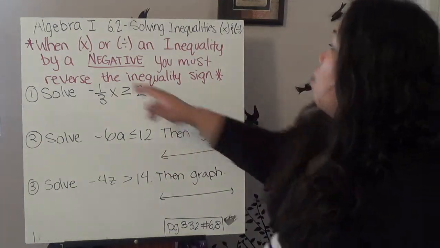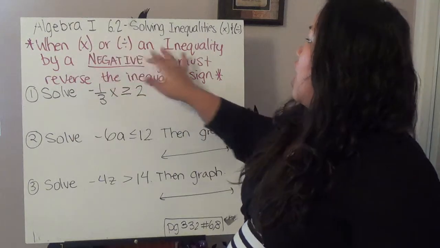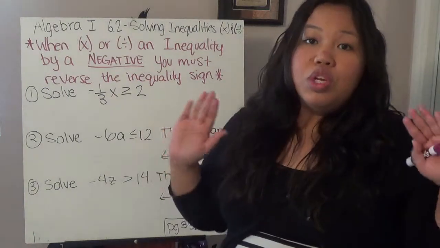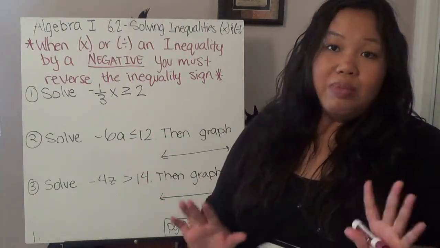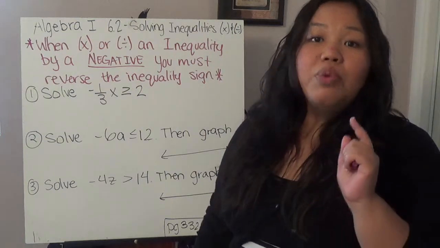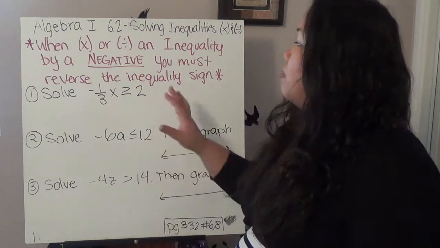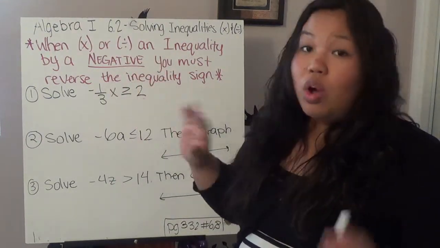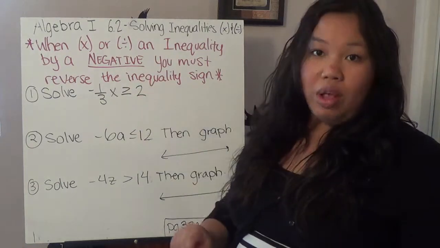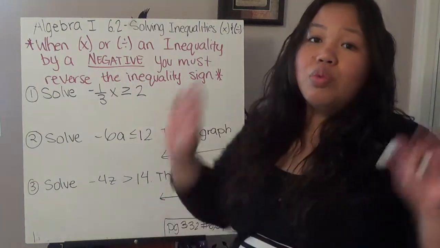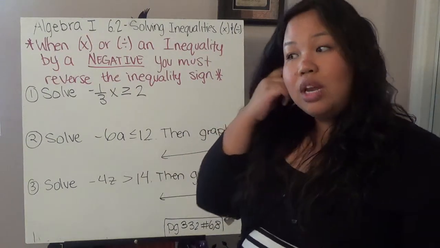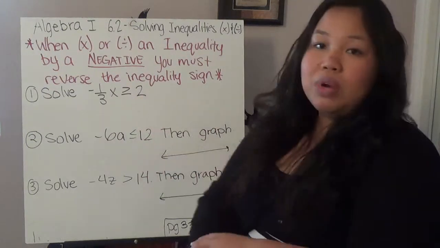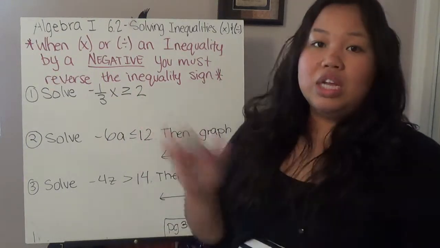It says here, when multiplying or dividing an inequality by a negative, you must reverse the inequality sign. So you can treat the inequality just like an equal sign. It doesn't matter. All the rules apply. The only time you have to worry about the inequality is when you multiply or divide by a negative number. When you do that, the only thing you need to do is switch that inequality when you're multiplying or dividing. Other than that, the rules are the same. You treat it just like it's an equal sign. But when you think, oh, I'm multiplying or dividing by a negative number, that's when I'm going to go ahead and flip the inequality,